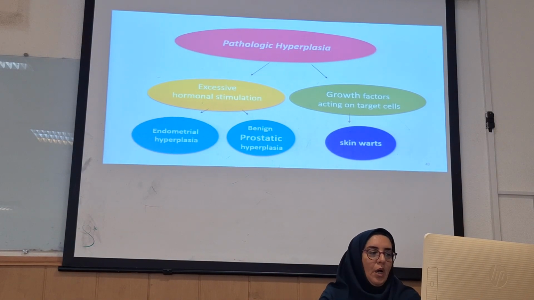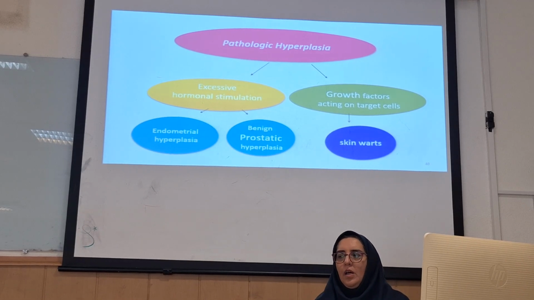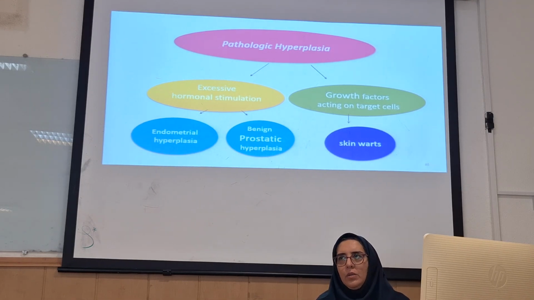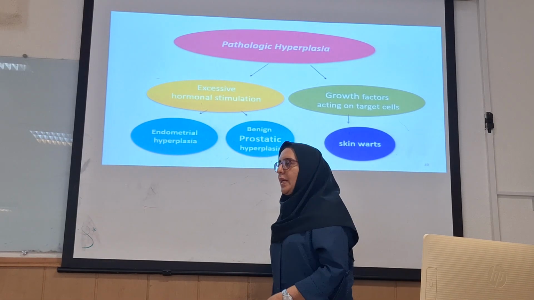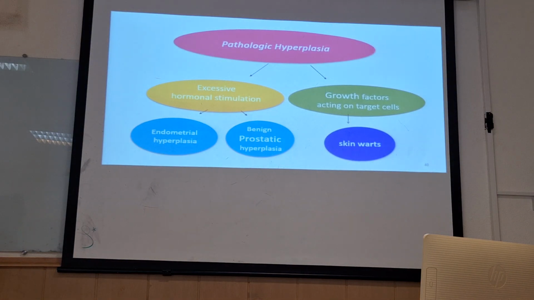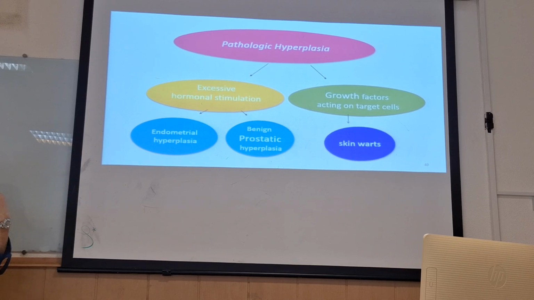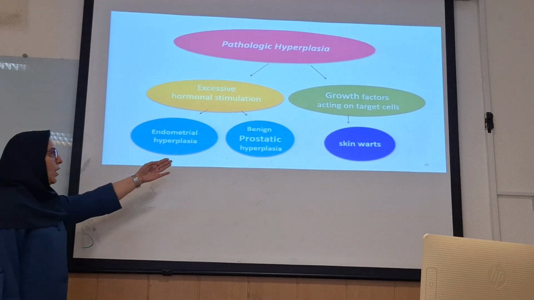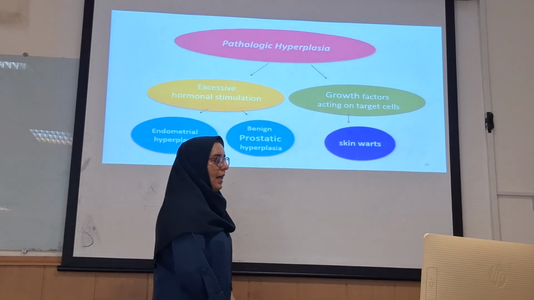What is pathologic hyperplasia? It occurs when we have excess hormone, when you don't need this hormone. For example, with excess estrogen after menopause, we have endometrial hyperplasia. It's dangerous and pathologic because endometrial hyperplasia can convert to endometrial carcinoma. And also, we have prostatic hyperplasia associated with some damage and